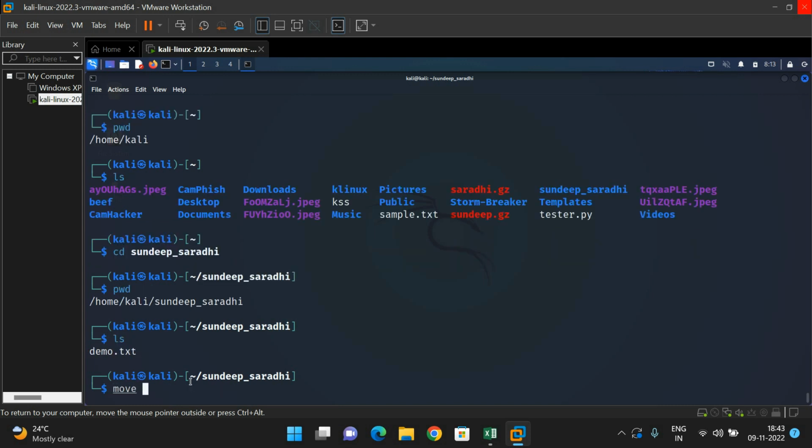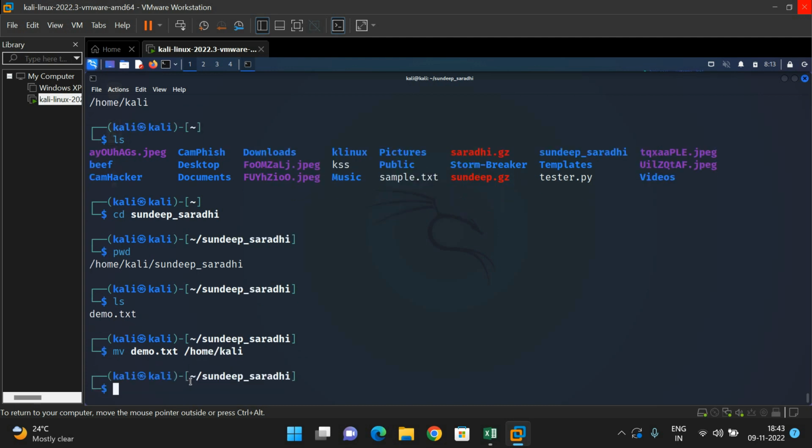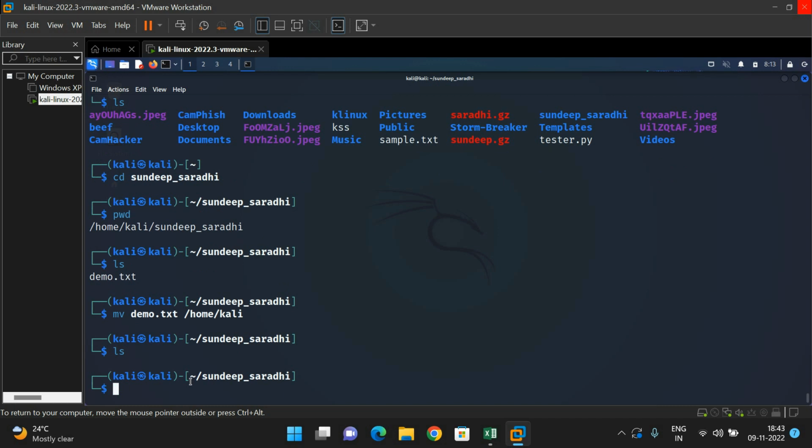So we'll move, mv demo.txt to, so we can go with home Kali. So we are moving the file demo.txt from the Sundeep_Saradhi folder to the Kali folder. Now you can observe ls. So it's an empty folder because there was only one file created in the Sundeep_Saradhi directory, and now we have moved